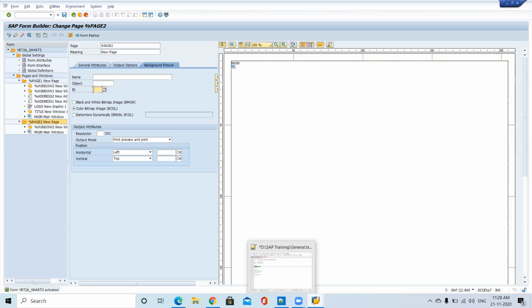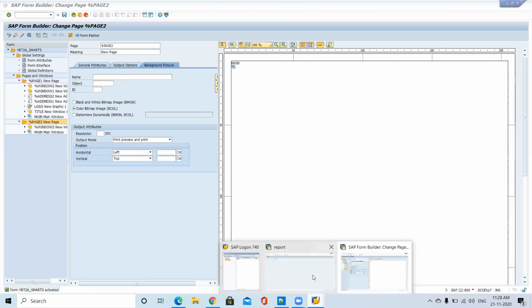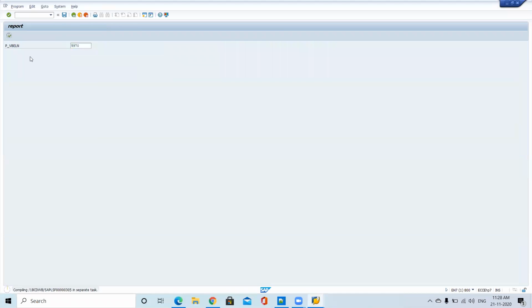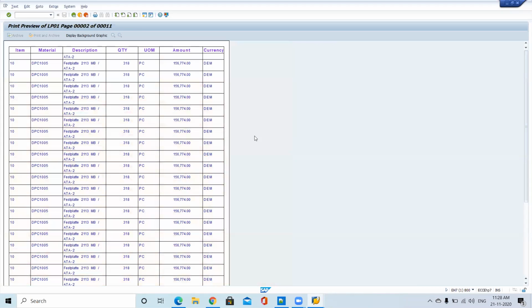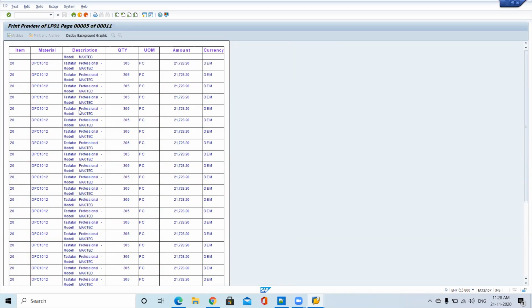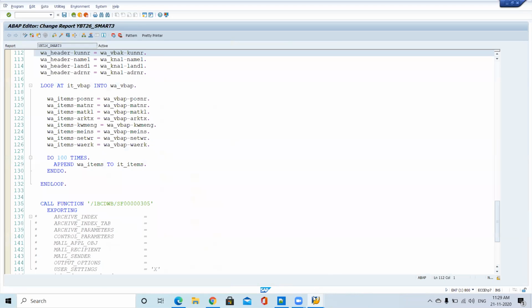Okay, now we can see. It's a plain paper actually. So likewise, the page is unique, so you can change the properties of the page. Now it's a continuation, so pages 3, 4, all the pages are plain white paper only. So likewise, you can change the properties for the second page.